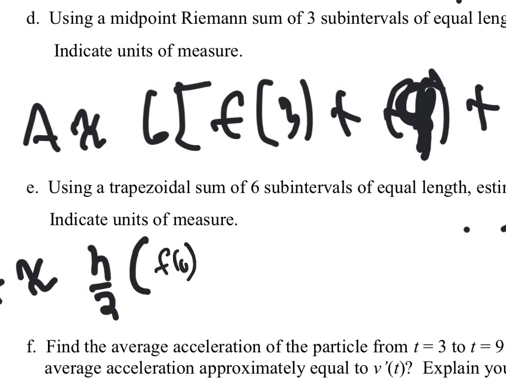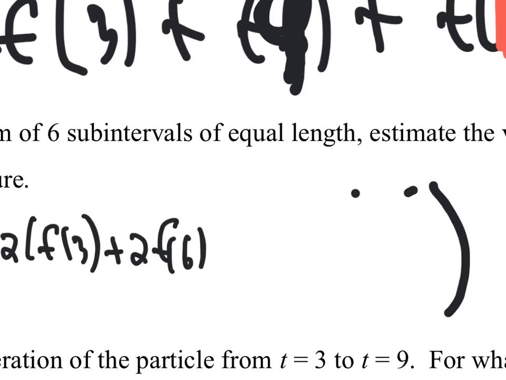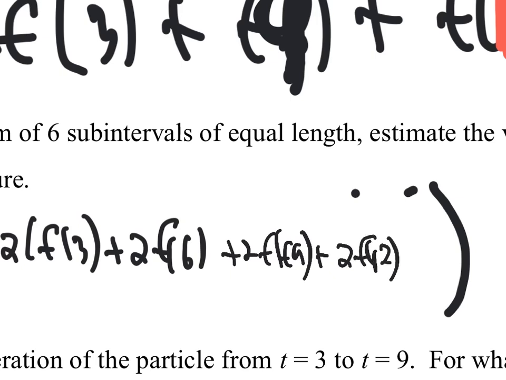Then you're going to have 2 f of 3s, 2 f of 6s, 2 f of 9s, 2 f of 12s,